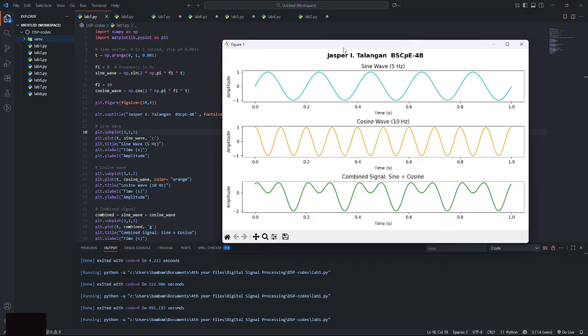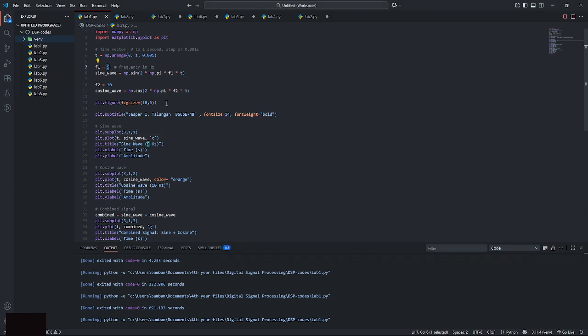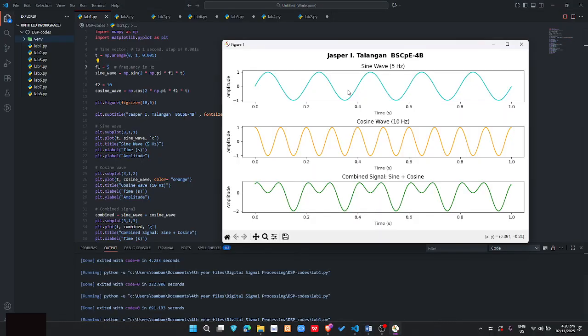Let's focus first on the sine wave. It shows a 5 hertz sine wave. We defined earlier that f1 equals 5. If we change it to 10, this will also change: instead of 5 hertz, it will be 10 hertz.